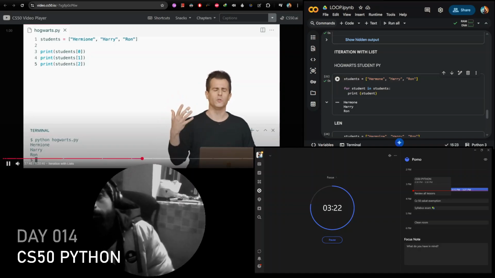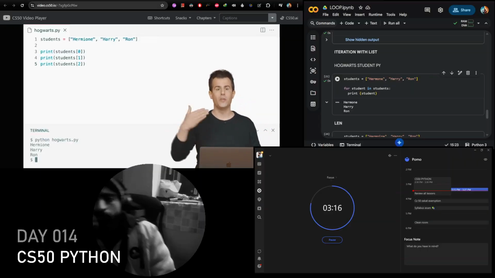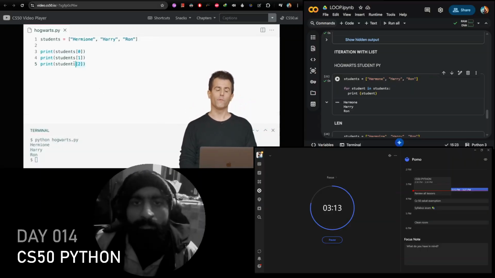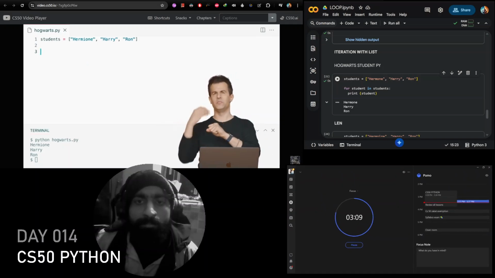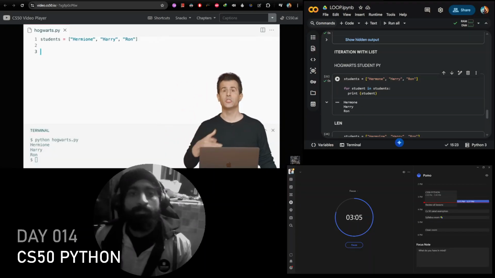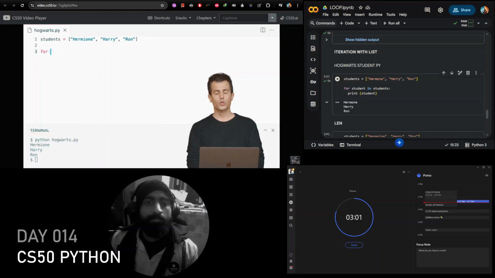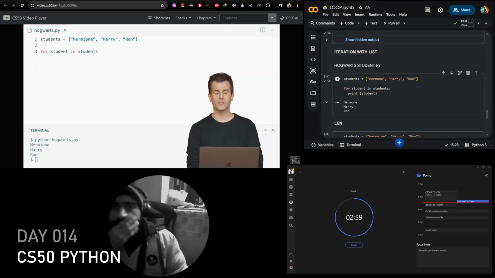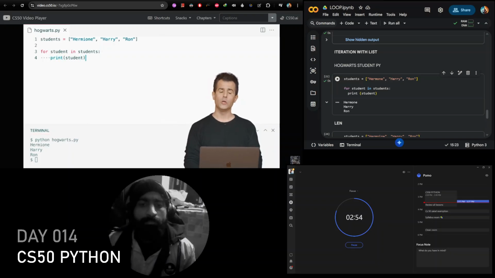If next year there's some new students at Hogwarts, we can use a loop to do something automatically without having to manually type out 0 and then 1 and 2. Well, here's another feature of Python. You can use a for loop not just to count from 0 to 1 to 2. You can use Python to just iterate over anything, not just numbers, but strings. So I could actually do this. For student in students, colon, and then indented underneath that, I can say print student.